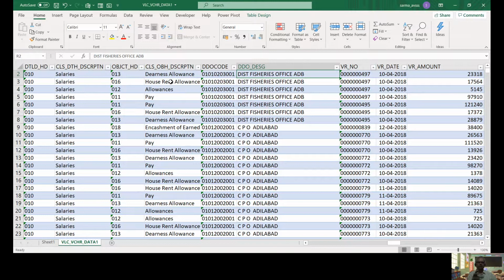In that, we will start scrutinizing, and if we find any issue or any discrepancy in that voucher, then for that DDO and that classification, we will try to identify whether any fraud or deviation from the rule has happened or not, and accordingly we will prepare our audit point or audit observation, right? But in this process, there is a small lacuna.